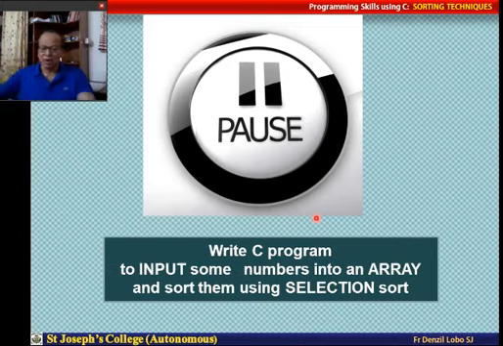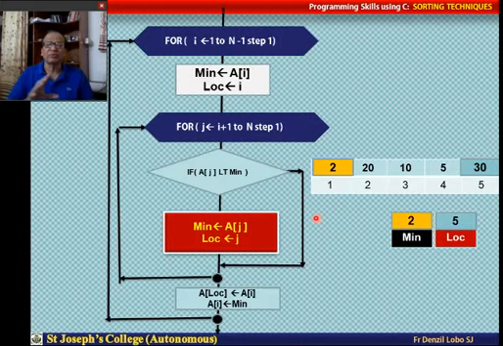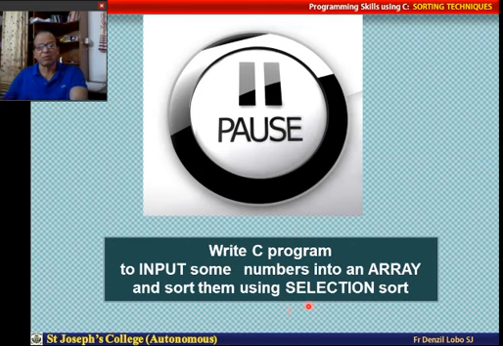using selection sort. I would like all of you now to write the complete flowchart. First, write the section where you enter n numbers into an array. Then you come to the section where you will do the selection sort. After that, write the looping structure to print the contents of the array, which is in ascending order. That is what you have to do, and only after that you go further in this lecture.